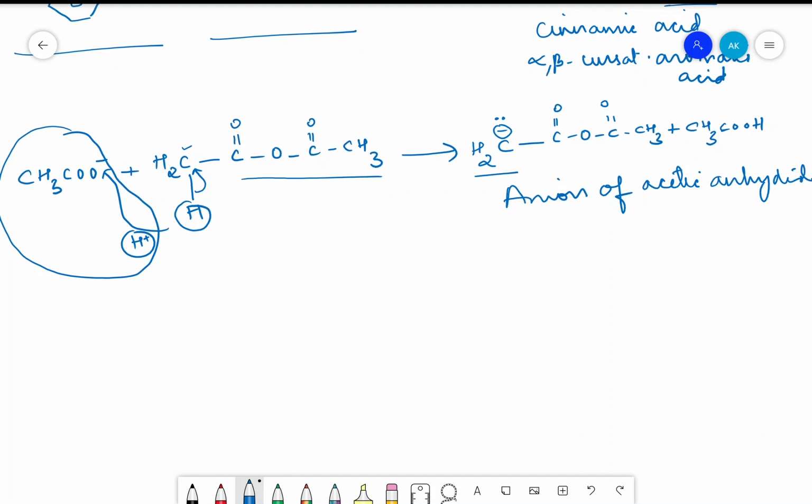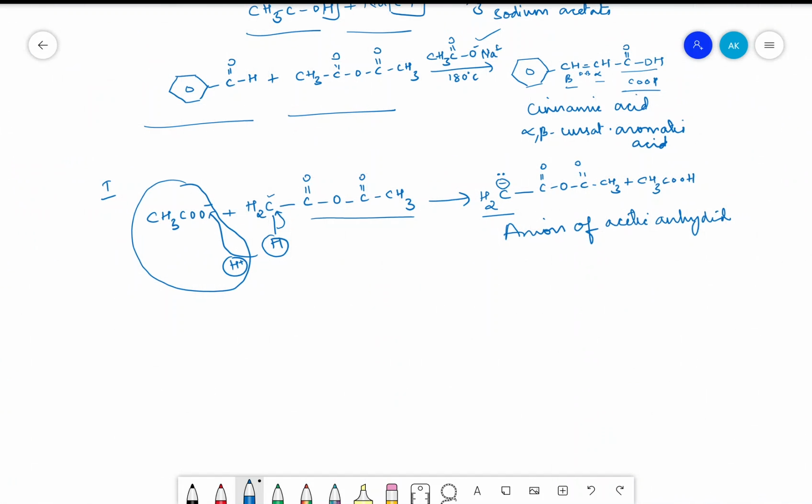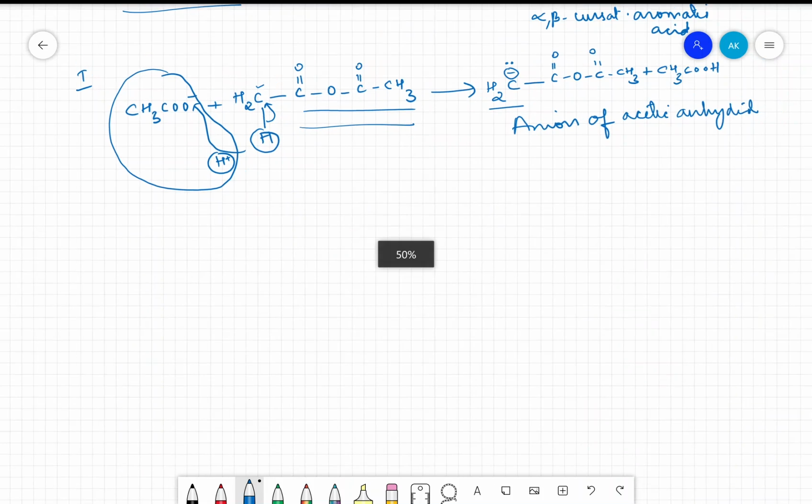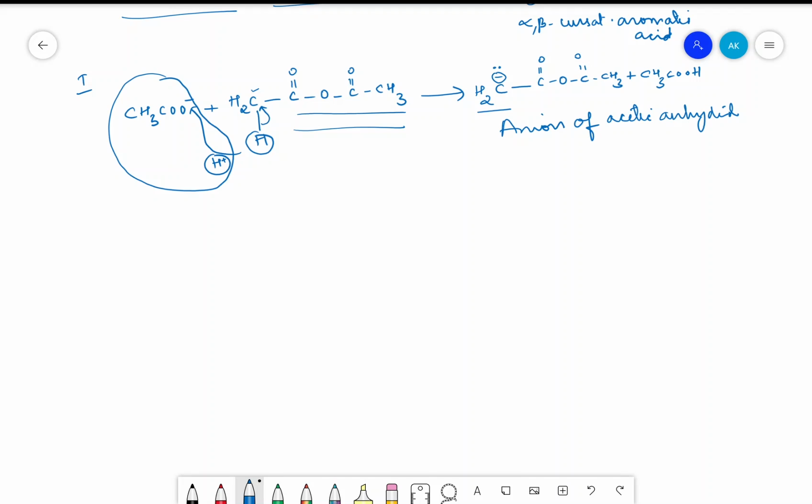So the negative charge represents the anion, which in this group was actually acetic anhydride. The second step is the reaction between the benzaldehyde and the anion of acetic anhydride. So we are going to write here first benzaldehyde. I think in our text I have represented it as C6H5. We can write the benzene structure, phenyl structure or C6H5. So C double bond O, I'm writing H here,